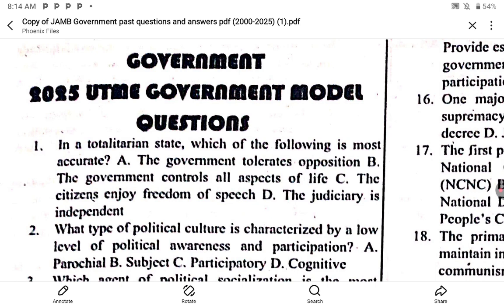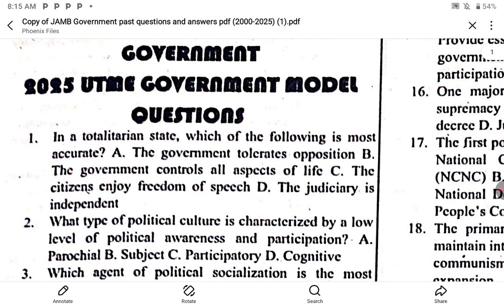So let's start the reading class now. Pick the answer, and after 30 seconds I will drop the solution to each of the questions. Okay, let's move to question one. Read the question and drop the correct option in the next 30 seconds.